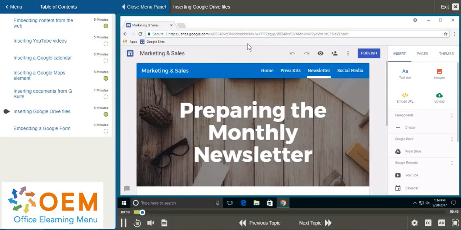You can insert content stored on your Google Drive into your site pages. You will see how to insert a file from Google Drive as well as an entire folder containing multiple files. So to insert a file from your Google Drive into your Google Sites, via the Insert tab on the right,